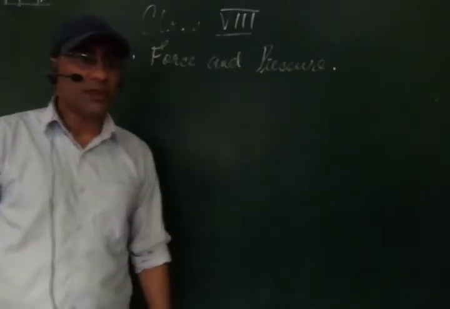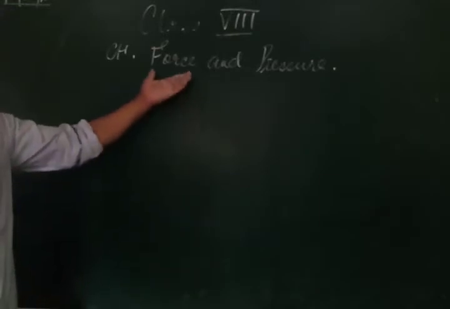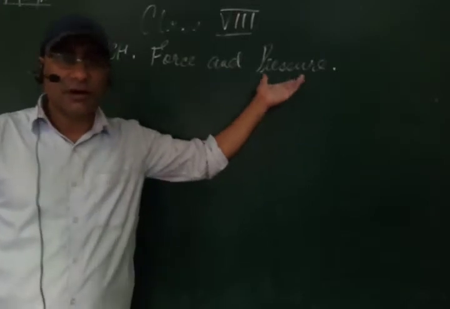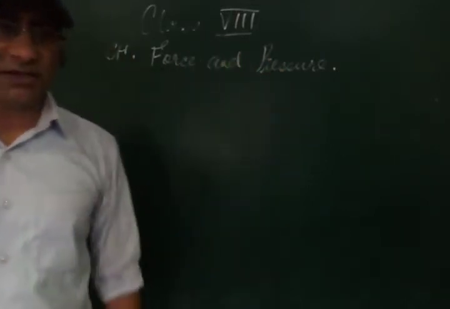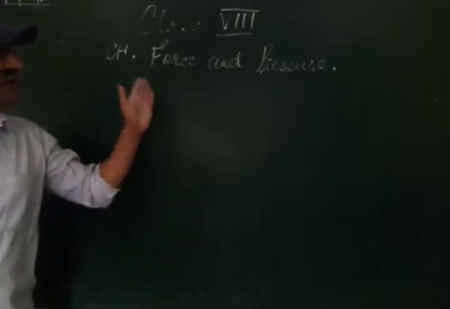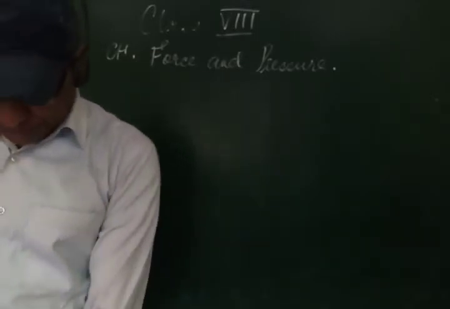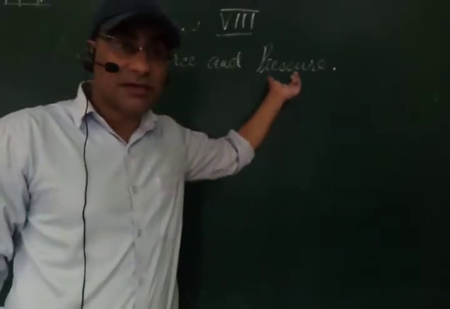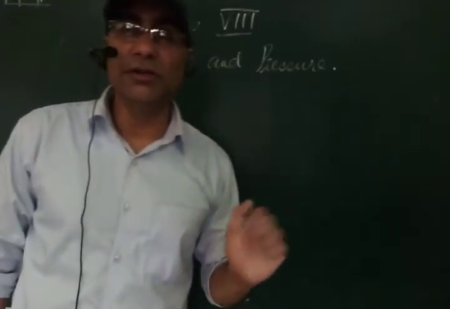In this chapter, we may have to find the value of force, or the pressure, or the area. Out of these three things, one value has to be found and the other two values will be given to us. As we know, the unit of force is Newton, pressure is Pascal, and area is meter square. You must know the units very well.